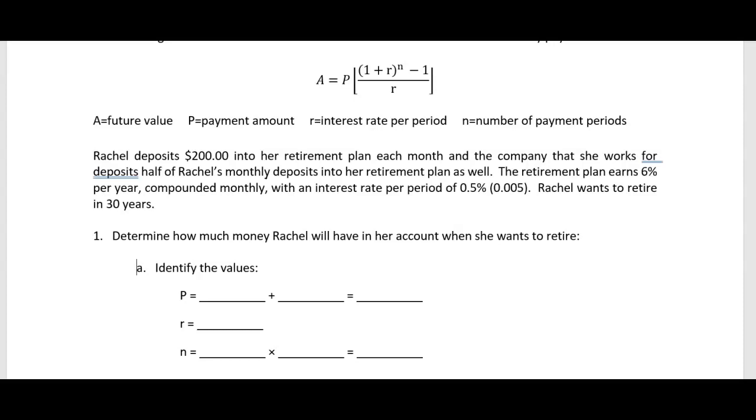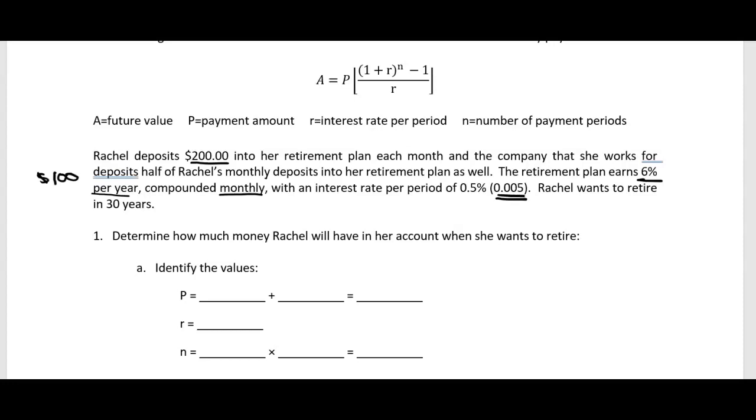All right, so let's look through and read this and make some sense out of the question first of all. So Rachel deposits $200 into her retirement plan each month, and the company that she works for deposits half of what she deposits. So her company is putting in $100 since she's putting $200 in. The retirement plan earns 6% interest per year, compounded monthly, and then it tells you here the interest rate per period is